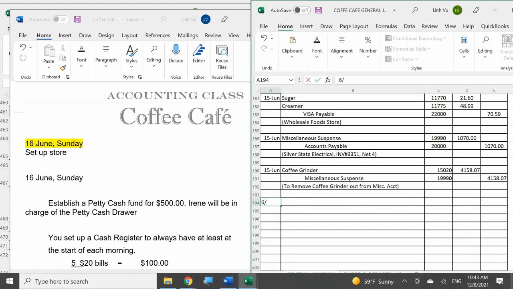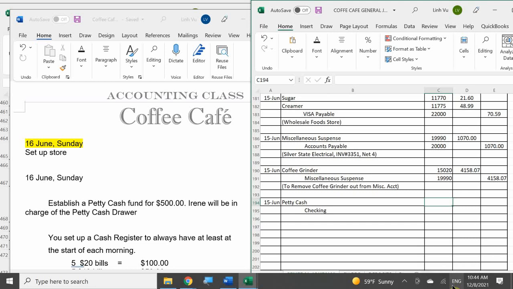Are we using a checking account? Yes, we are, right? Yep. Who's gonna go get the money? Us? We can get the money, or should we have Irene, since she's gonna be in charge of it? Okay. So in this case, can Irene just go up to the bank and take money? No. We gotta write her a check. Because in this case, maybe Bob is too busy doing something else. Maybe we're doing something else, right? So in this case, we must write Irene a check, and she's gonna go to the bank to get the money to put in the petty cash drawer. So in this case,